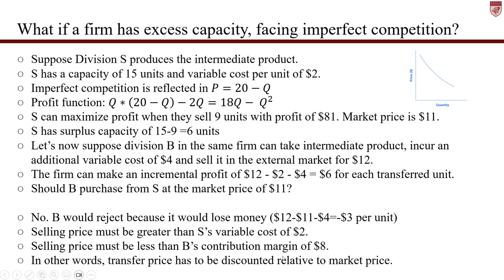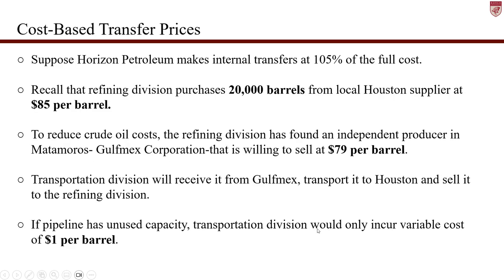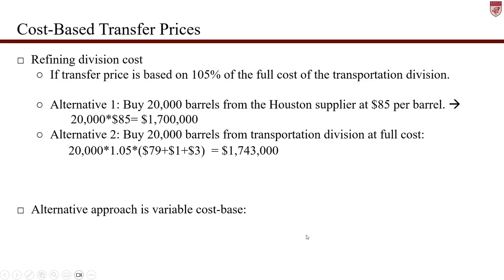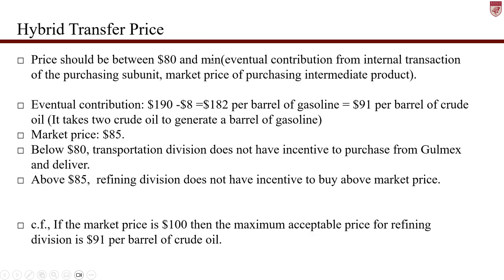The transfer price may be lower than the market price, and it's going to be lower than the contribution margin of $8. So usually the maximum price comes from the minimum of the contribution from the internal transaction of the purchasing subunit, or the market price of the purchasing intermediate product,